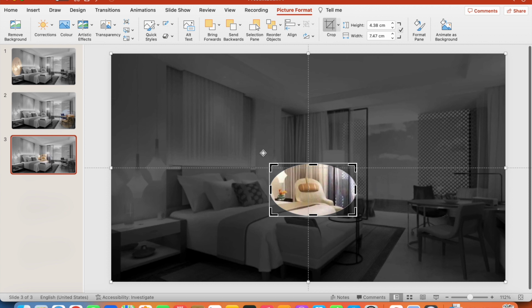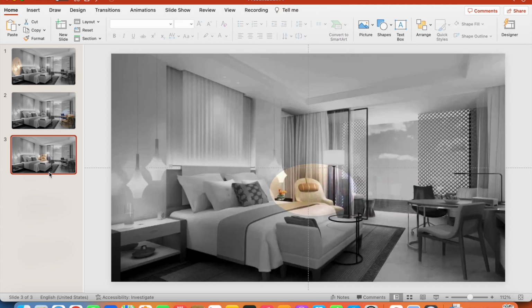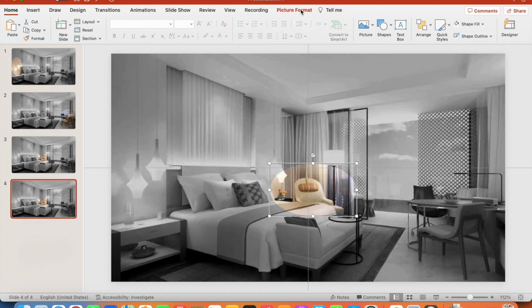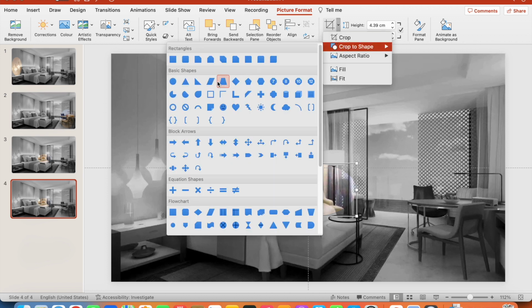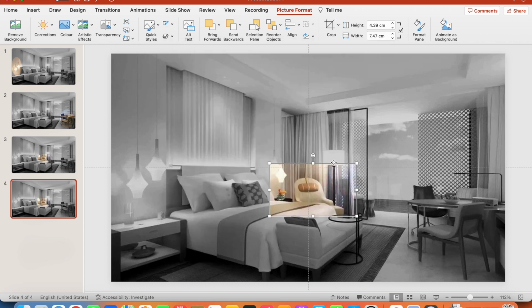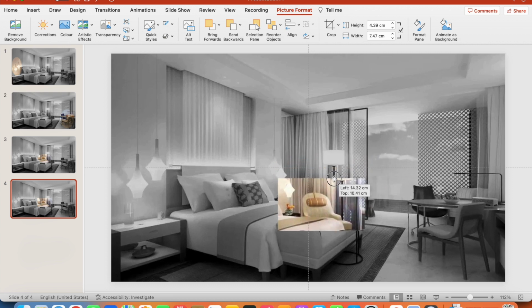So let's take an oval shape here. Then again Control D, select this, go into the crop and crop into the shape, and you can select a shape. Right now for the time being I will just take a rectangle, and now just shift this rectangle,